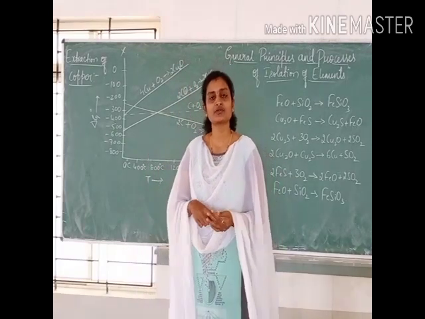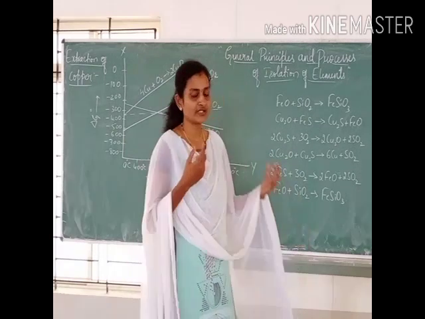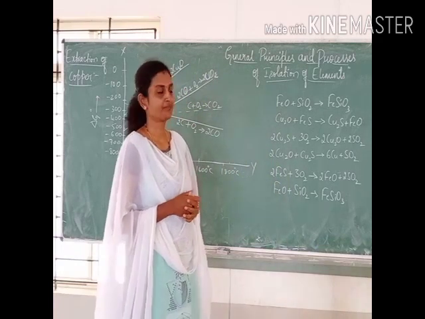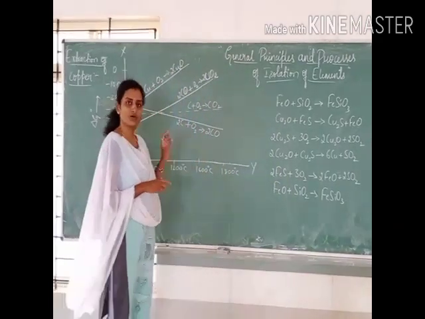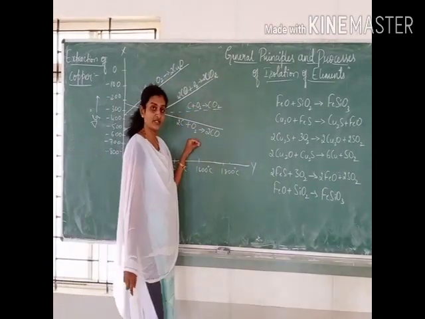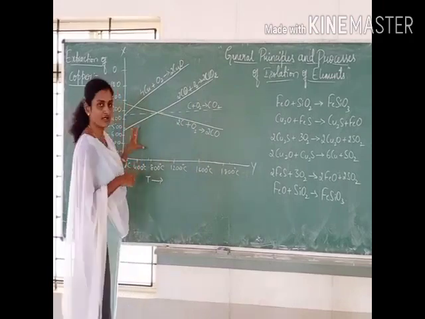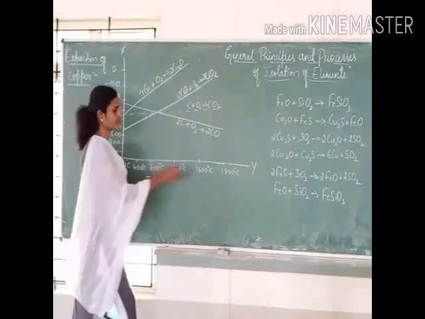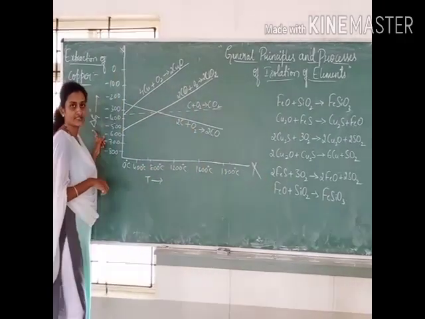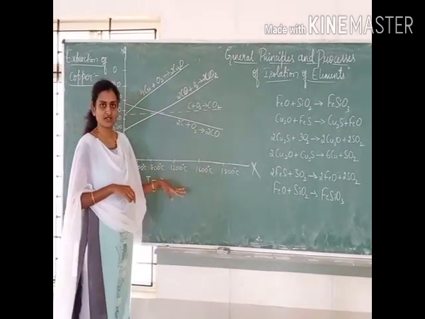And in today's class, we are going to discuss the extraction of copper, another important metal which we are going to extract by taking the information with the help of the Ellingham diagram. So here I have plotted a graph concentrating only on copper and which element is chosen as the reducing agent, that we have to concentrate on here. In this graph you can observe on the x-axis we have taken temperature, and on the y-axis we have taken delta G naught, that is standard free energy change. These values indicate the temperature either in degrees Celsius or in Kelvin, you can take either.